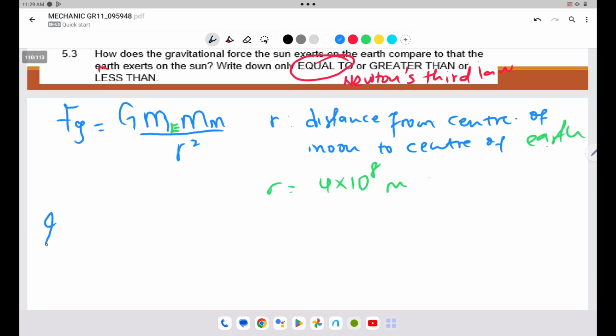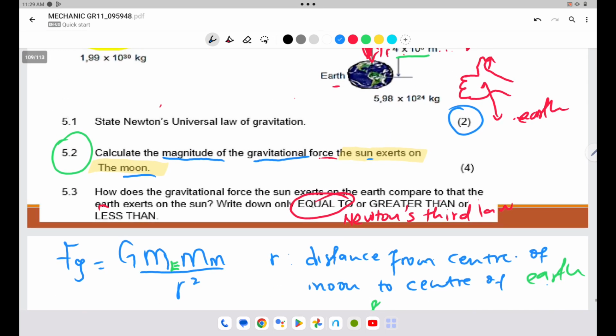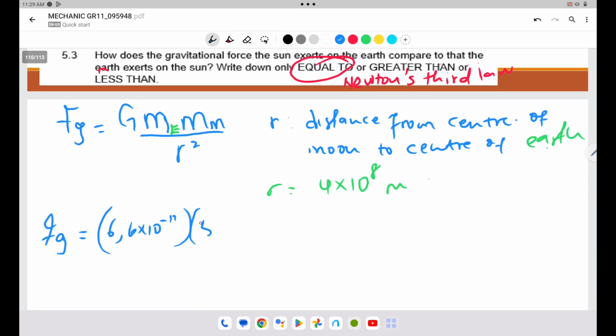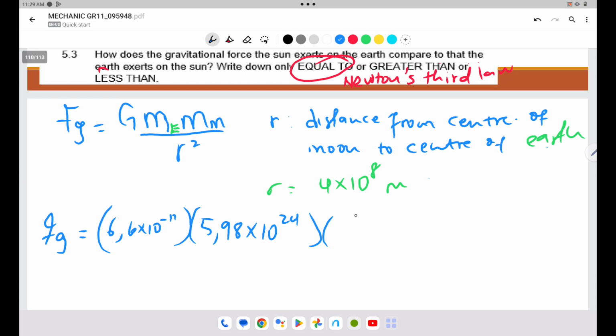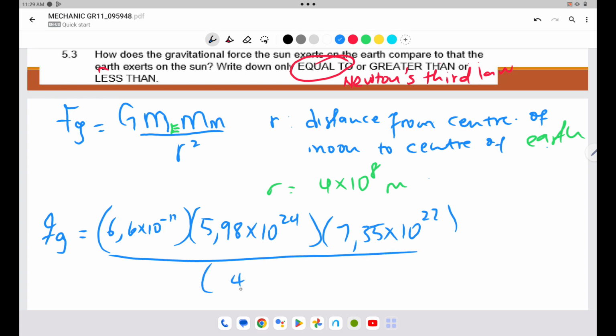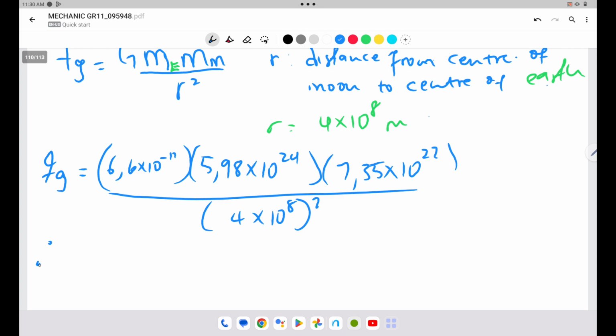So for our gravitational force, the magnitude will be 6,67 times 10 to the power minus 11, times the mass of Earth. Here we were given the mass of Earth, they were kind enough. But remember, if they don't give it on the diagram, we should know very well that the mass of Earth should be obtained from the data sheet. Times 10 to the power of 22, divided by r, that is 4 times 10 to the power of 8, all squared. Therefore, the gravitational force will be,